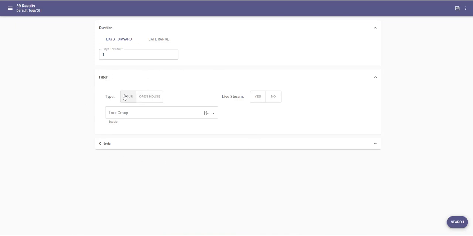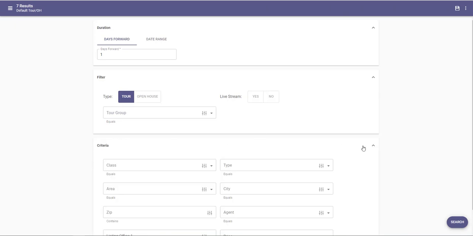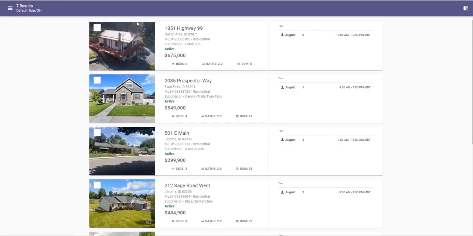If I just want to see how many tours there are, you'll see it goes down to 7 results. And I also can look for live stream, yes or no. I have other criteria I can put in if I want. I'm going to leave this alone and look at the 7 tours that we have out there. So I'm going to click on the search button,